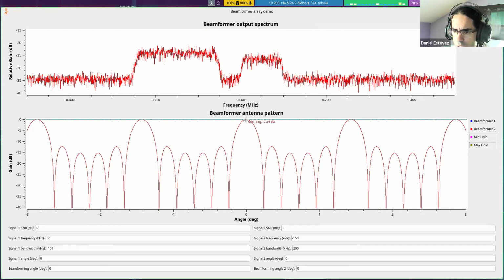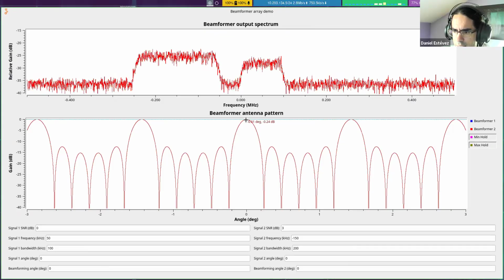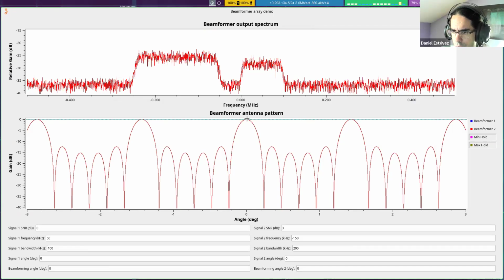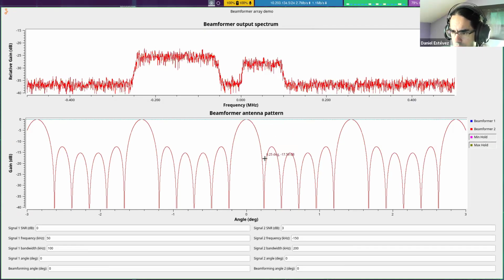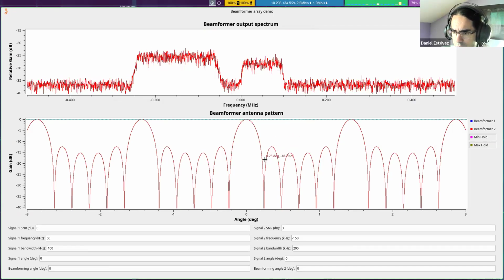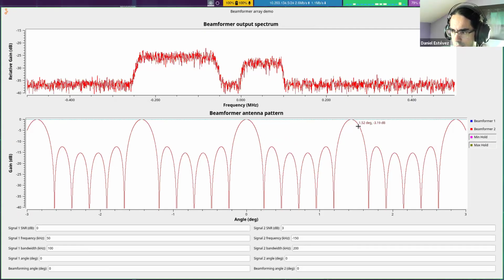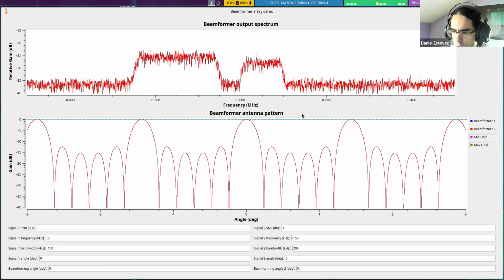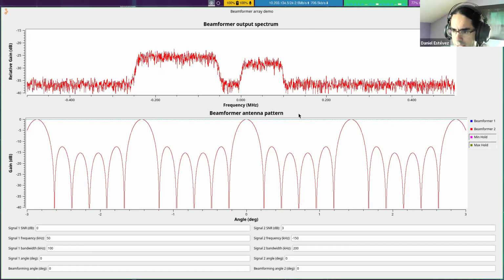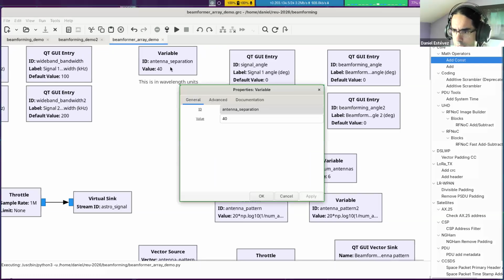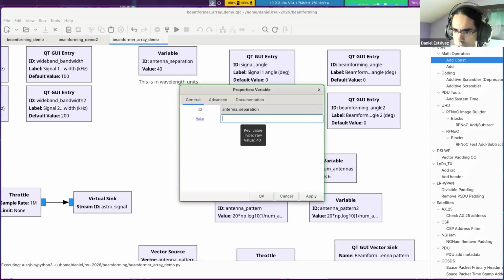So you can see everything is basically larger. Now the first null is not at 0.1 degrees, it's at 0.25. And this one is farther away, and the other one is farther away, and so on and so forth. So if I have the antennas quite close together, I'm going to demonstrate that for the sake of the example,